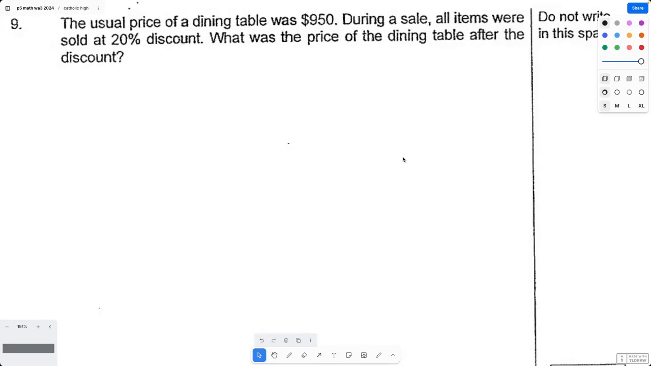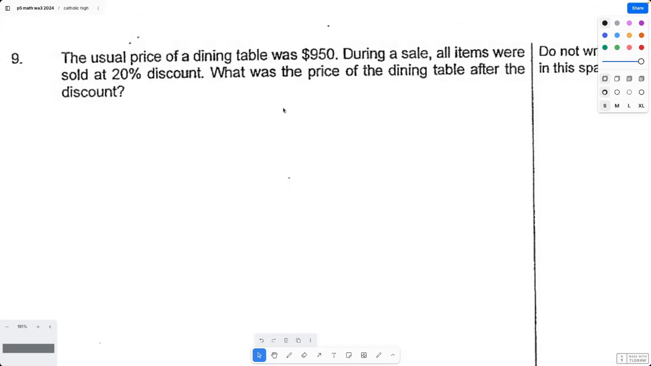Okay, next question. Question 9. So the usual price of a dining table was $950. During a sale, all items were sold at 20% discount. What's the price of the dining table after the discount? Okay, so what we can do is,